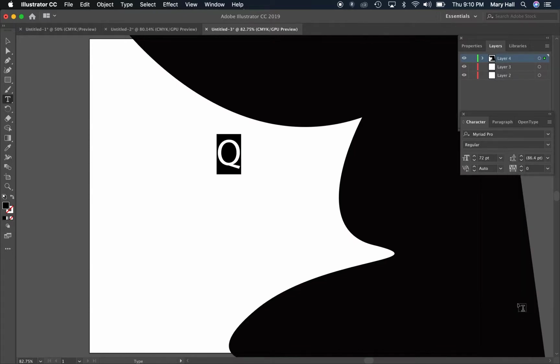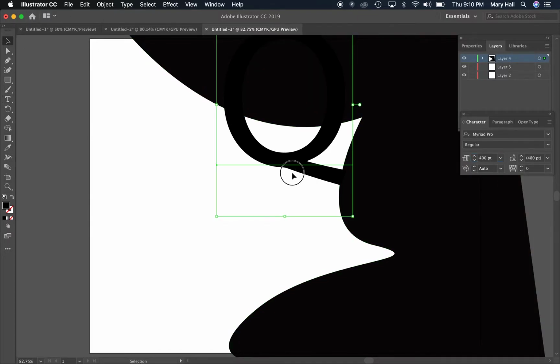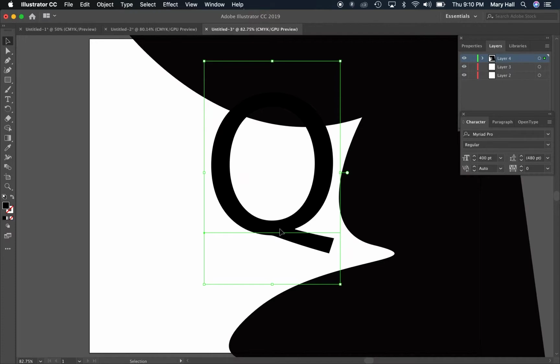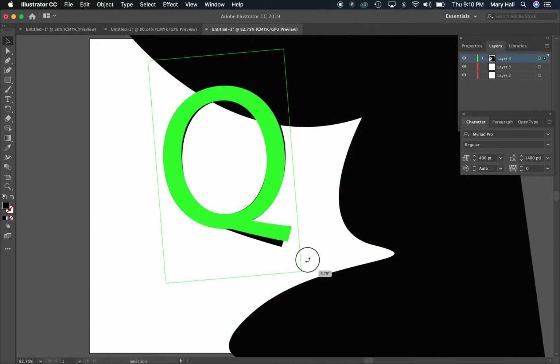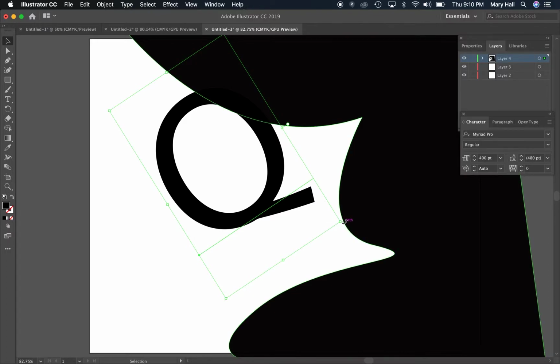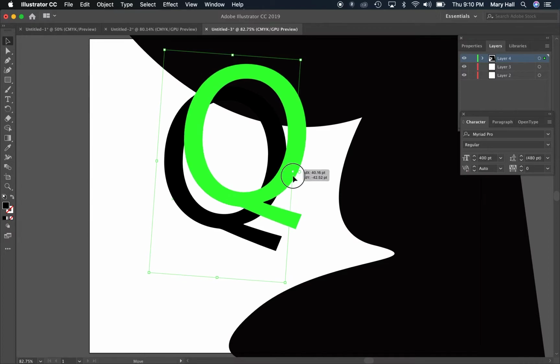And let's go ahead and make it nice and big. 72 is the largest that it scrolls to, but you can also click on that 72 and you can manually change it to like 400 if you want, or 1,000, or 2, which would be tiny, but you can manually type in whatever size you want. So I just did 400, but it can get to be kind of tricky if you have all these text boxes going on, so it might just be easier for you to go ahead and change this into